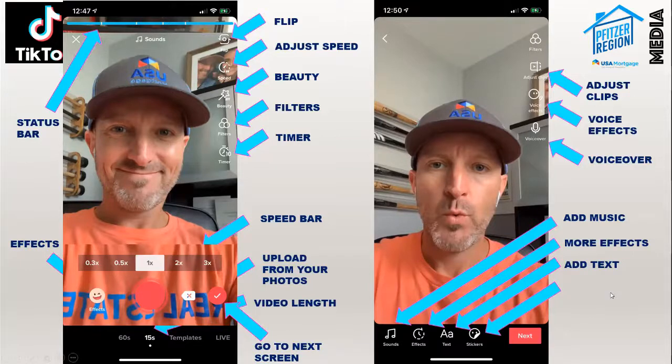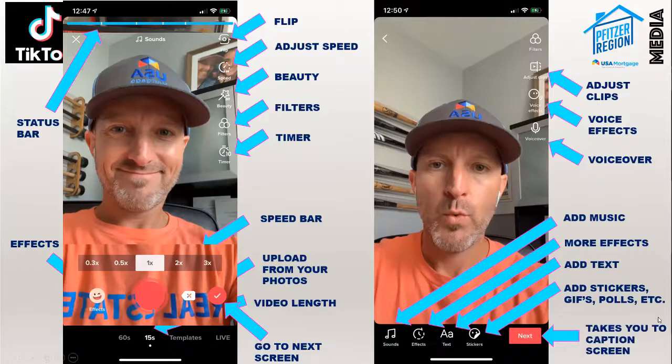And then stickers. Your stickers button is really no different than if you're familiar with stories on Instagram or Facebook, it's the same general thing. It pops up a screen. You can add GIFs. You can add polls. You can add the time. You can add anything that you can pretty much dream of. It exists on stickers, and you can just brighten up your post a little bit. And then lastly is the next one.